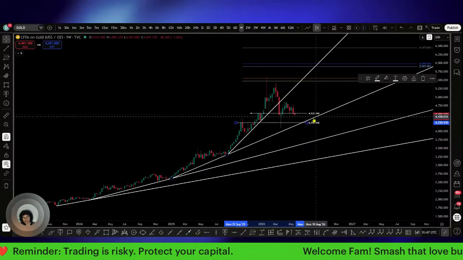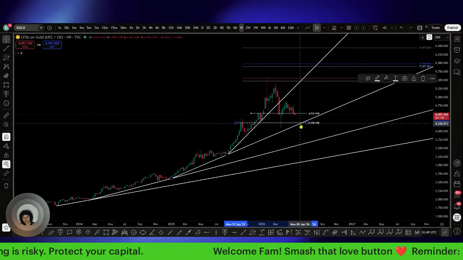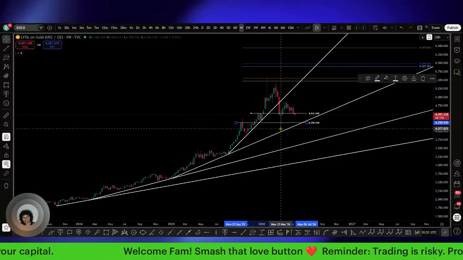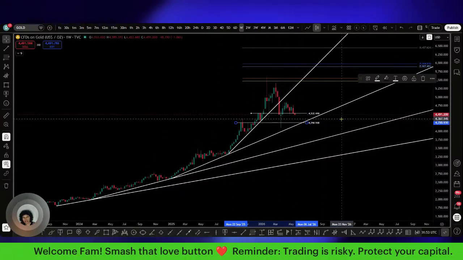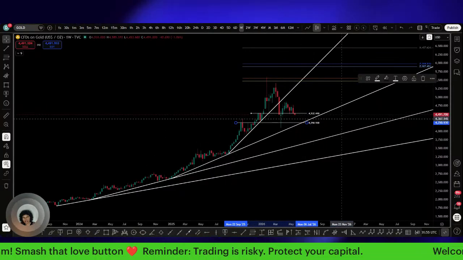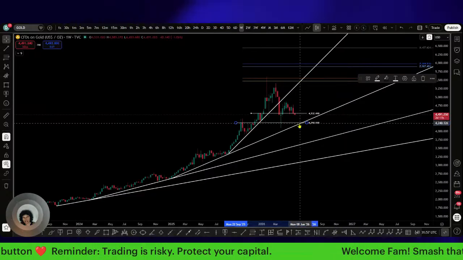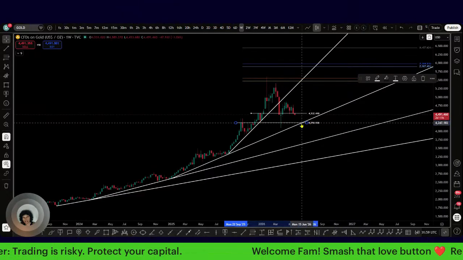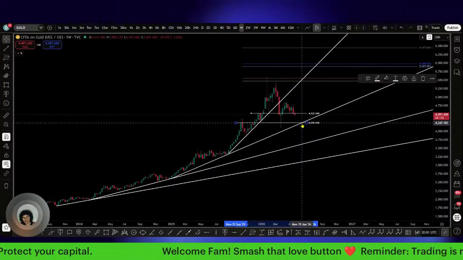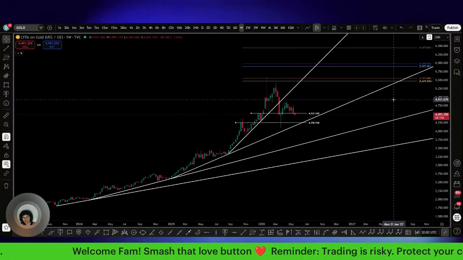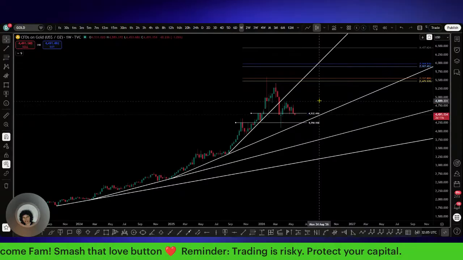So possibly a move down here into this trend line right here is what I would focus on more than anything, unless it reclaims back above this 45.32. But it looks like it's breaking down below that. So you will have the horizontal and the diagonal right here where we could see the reaction for gold. So prepare yourself for that. Alrighty.